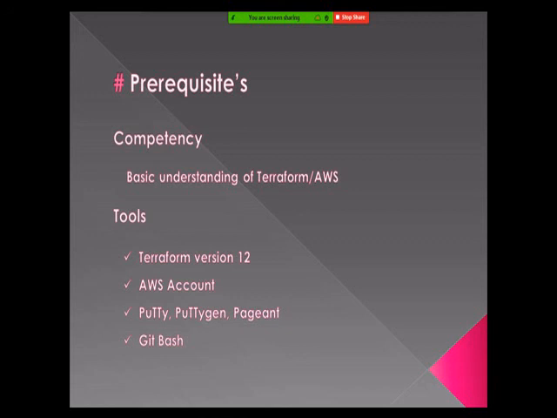The next prerequisite is about tools, where we expect you to have Terraform version 12. The link for how and from where to install Terraform version 12 has been shared in the GitHub repository, which we will see as we move forward. Again, you should have an AWS account.